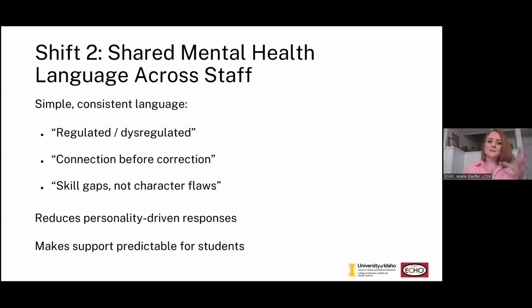When schools lack this shared language that moves from bias language to regulation language, the student becomes dependent on which teacher they get, because of the inconsistent responses between teachers, and might even be impacted by implicit bias in that situation. So the mental health bias portion of this is only step one. There are more barriers that remain once stigma moves away, and that's what we're going to talk about next. So let's move to the next slide.